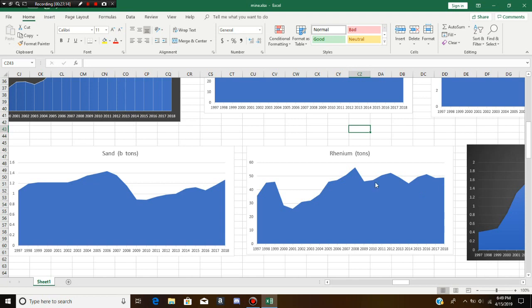Although it hasn't really declined, it's just wobbled along this kind of plateau. And during 2018, the total production for the year was about 48 tons. Small bits of rhenium are used in very specific alloys for metals that deal with extremely high, extremely sudden amounts